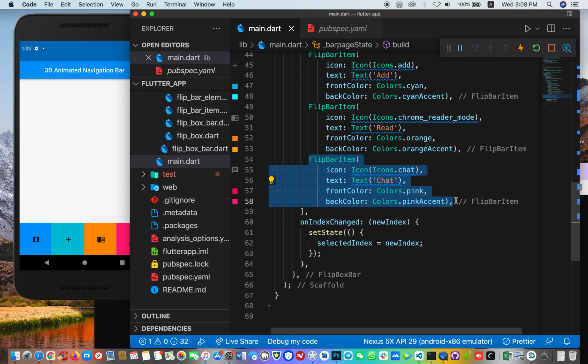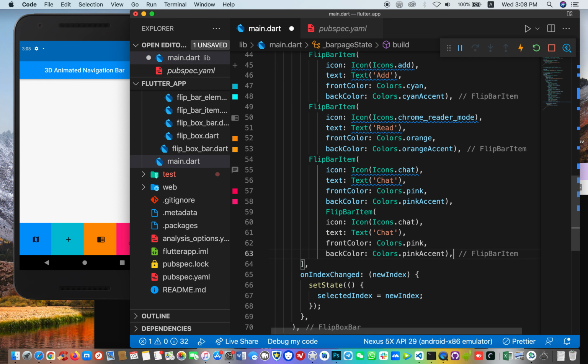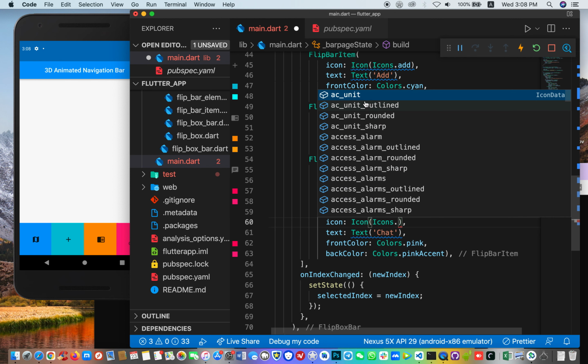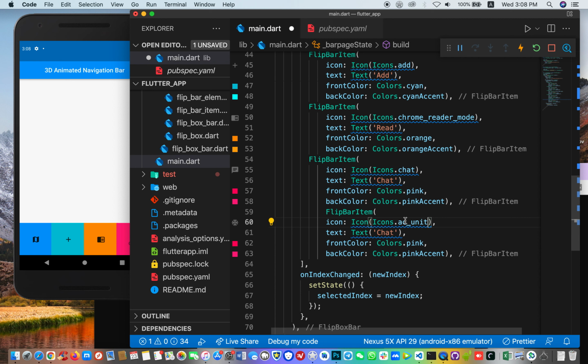You can copy this depending on how you want it to look. So I copy and paste this, and then I can change the icon to probably anything that comes up first. So I can use the AC unit, and then I call this unit. Whatever, you can even add icon images, and that is perfectly fine, but you need to play with the colors in order to actually show the beauty. So let me use probably a purple here,